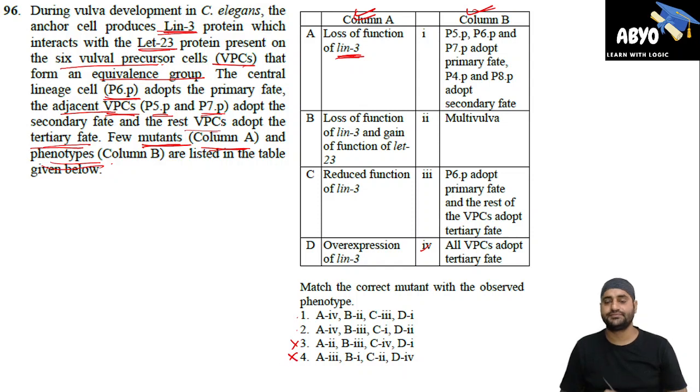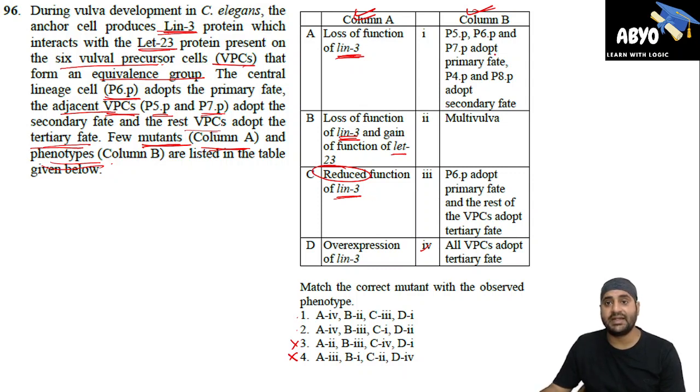Let's remove these two. Now, loss of function of lin-3 and gain of function of let-23. You know, there are two different types of mutation, loss of function and gain of function. We will see further. Reduced function of lin-23. The function is reduced. That simply means the cell very near to the anchor cell will at least receive the lin-3 protein. Okay, reduced function. It is not a complete loss of function. So the result will be P5.p,